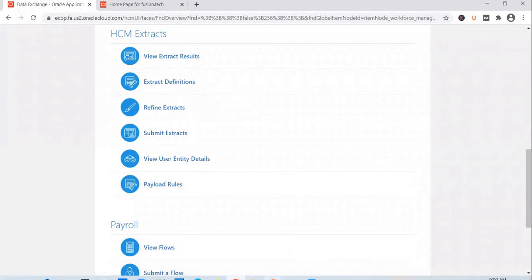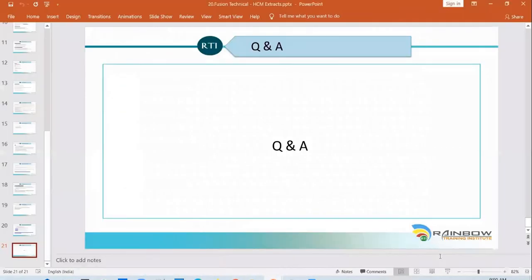You explained that BI report, so there also we can do the fast formulas? No, in BI report you cannot use the fast formulas. There you can only, because it's custom SQL, you can add in any columns you want. So there you actually don't need a fast formula, because you can write the logic. If you're asking about writing complex if then else logic and all that stuff, yes, it is not possible. You cannot refer a fast formula in a BI report, but you can do it in HCM extracts.